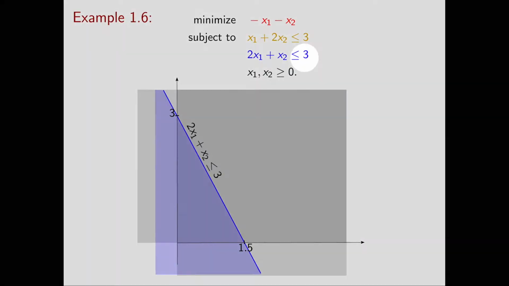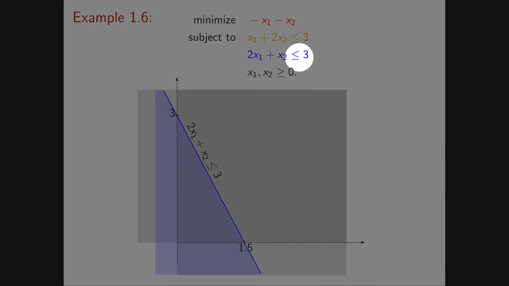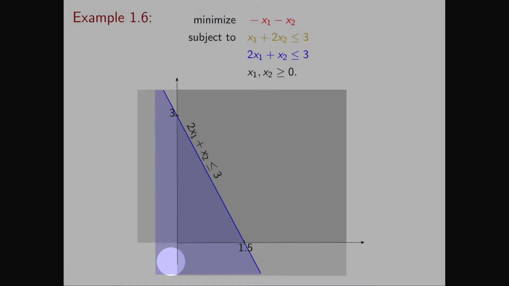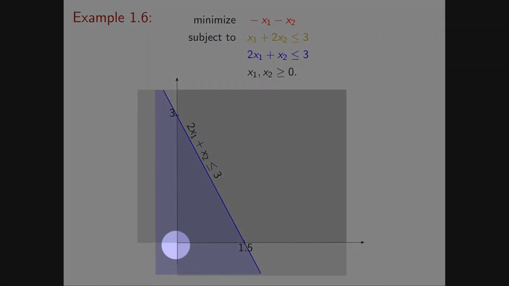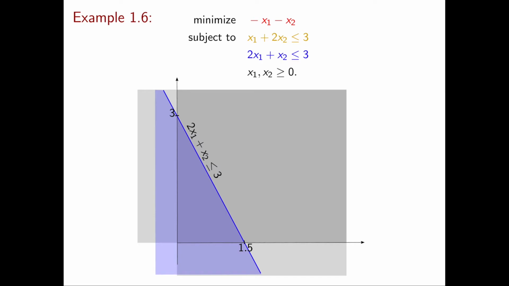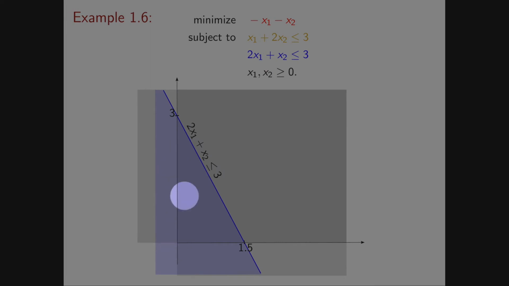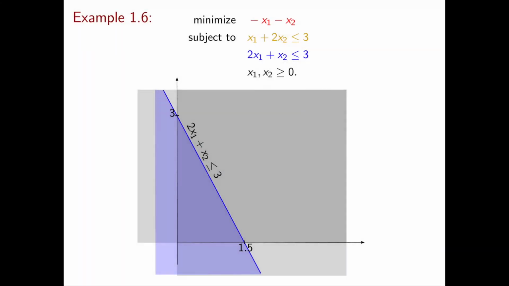Now we need to understand what is the direction of less than or equal to 3. In the picture, it's already visualized that it's the half space below the line. How can we check that? Well, again, let's take the origin. 0 plus 0 is less than or equal to 3, so it satisfies the inequality, and so the half space of the points that satisfy the inequality is the one containing the origin, therefore the one below the line. Now similarly, we can draw the yellow inequality.